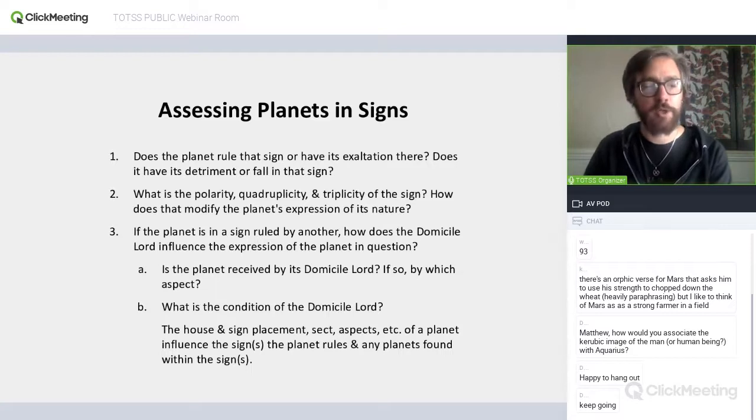The Roman astrologer Firmicus Maternus has a very famous analogy or image for this, which is that if you are a guest in someone's house, how well that person is doing is going to influence you.